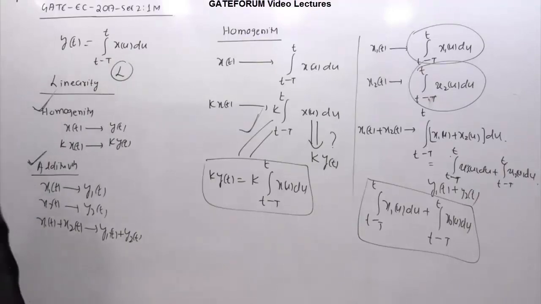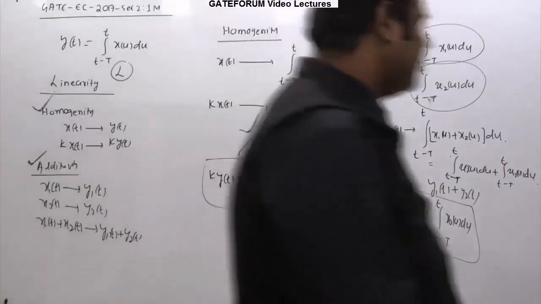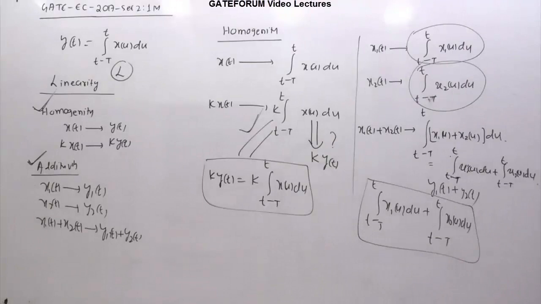So that is confirmed. But we are also supposed to comment on time invariance. Hope this is clear to you. In fact, this much explanation and analysis is not needed. If some of you are good in the basics, you must know that an integrator is a linear system. So directly, without verifying any of these equations, you can say it's a linear system. But this is the step-by-step analysis for the paper. So you have to verify homogeneity and additivity. If both of them are satisfied together, then it is said to be a linear system. And I have shown you how it is happening.